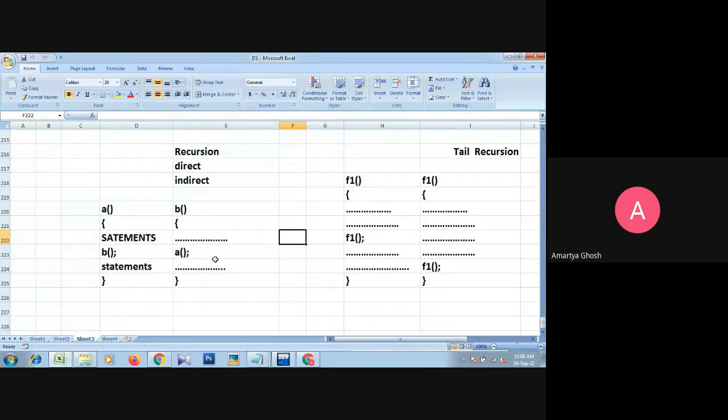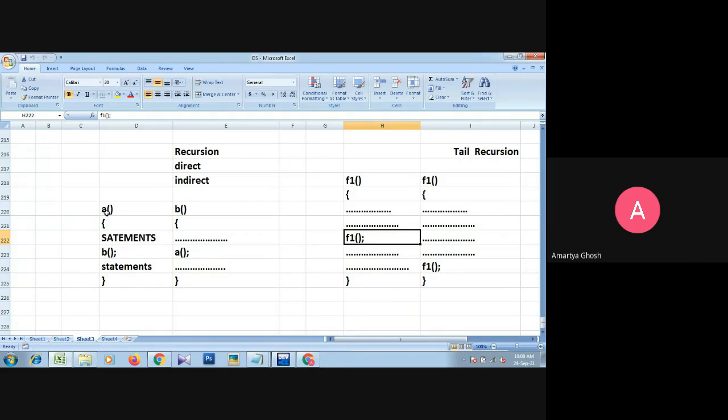According to the example, this is an example of direct recursion where the function f1 directly calls f1 itself. A function that calls itself is called a recursive function, and when the function calls itself only, that is called direct recursion.